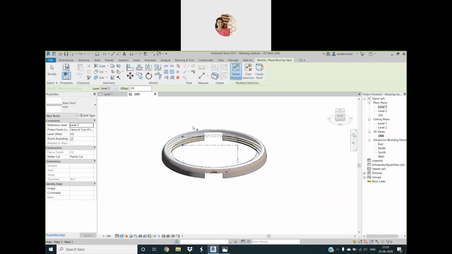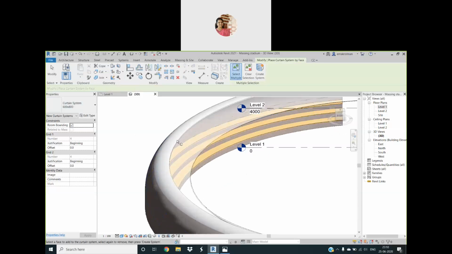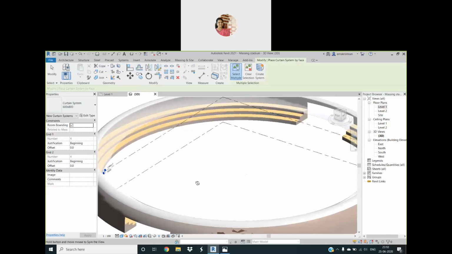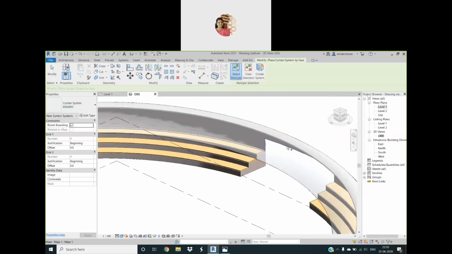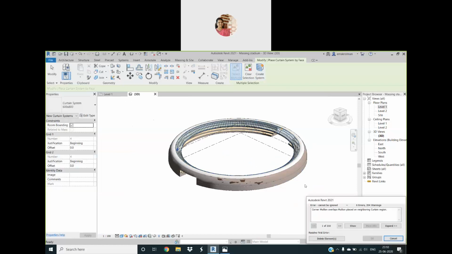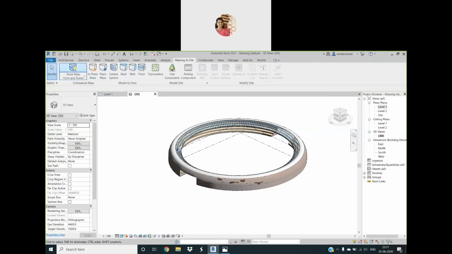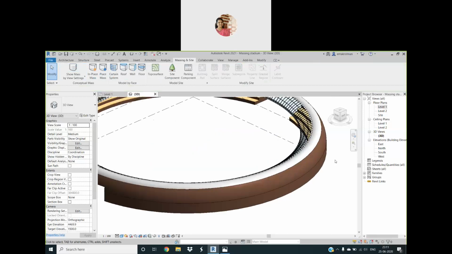Now let us do the curtain system here. So again, just go back, curtain system is here, and let us just pick the faces. Okay, so carefully we have to. So I will just click. No, it's not coming. Yeah, so let me just come here. Yeah, this one and this one. Yeah, let us ask to create the system. So it is getting created. Curtain system means it's a combination of the curtain panels, mullions, and all that. It's complex. That's why some of the elements, it's okay. Let us delete that. Yeah. So here it is done. Now let us switch off the mask. Yeah, it's fine. It's quite easy.